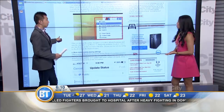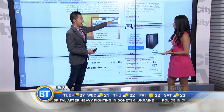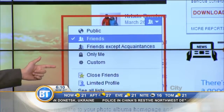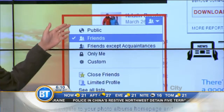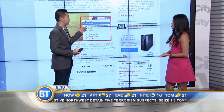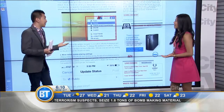Many people don't know that when you're posting something, there is this icon here that allows you to select from a list of different share settings. So whether you want to share it to the world, or you can share it to friends, or friends except acquaintances. So if you maybe have some coworkers on your list that you might not want to see